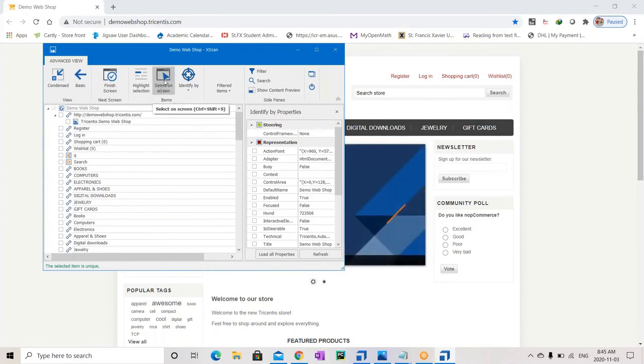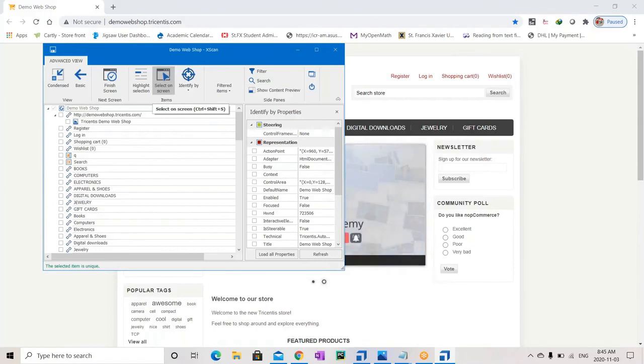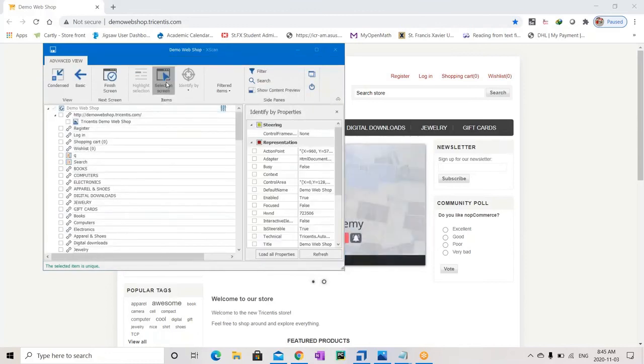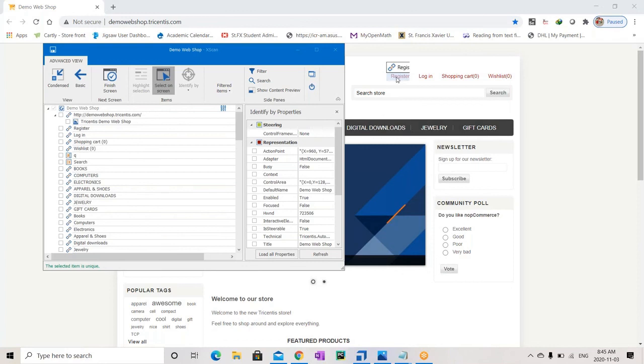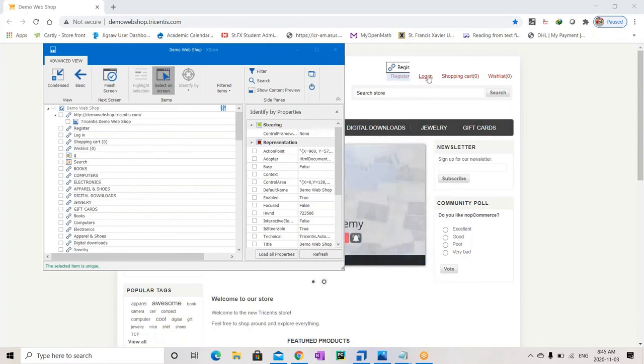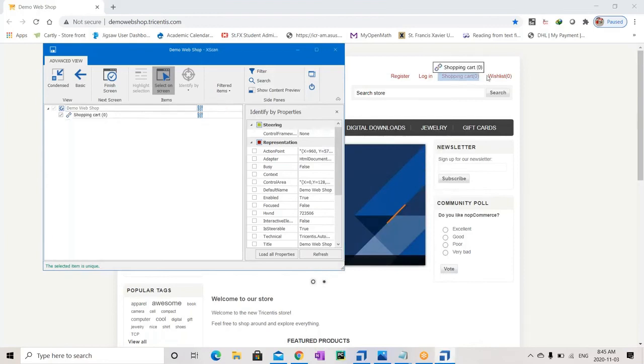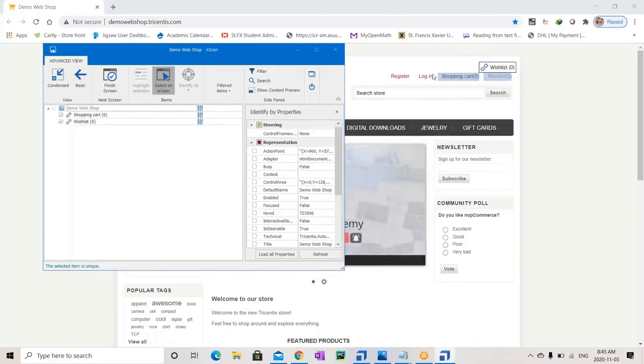Okay, and in this scan, when I come over here, all I have to do is click on this select on screen. Just see, when I am mouse hovering over here, I can see the button names. All I do is just click on it.